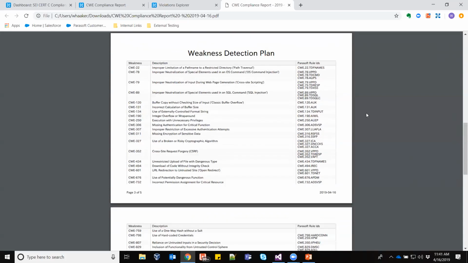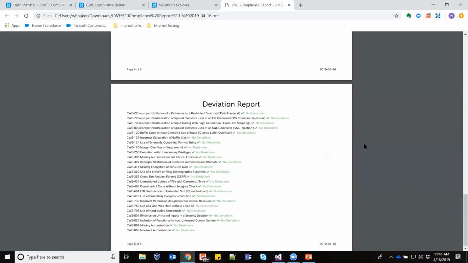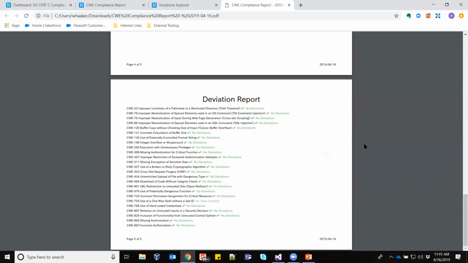And then if you scroll down further, you should see the deviation report. In this particular case, we have no deviations, but this is in essence documenting a suppression, because as Wilhelm said, not every violation is a case where somebody's going to go ahead and resolve the violation. Some of the violations are going to be inspection-based rules, saying that somebody needs to review a particular implementation within the code base to ensure that it does indeed meet the compliance requirements. This is where you would document that process.